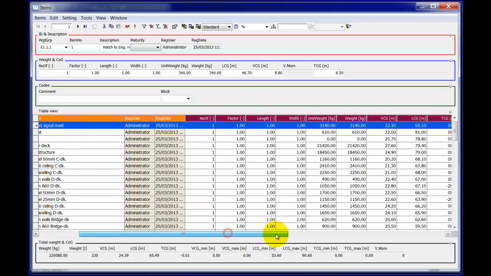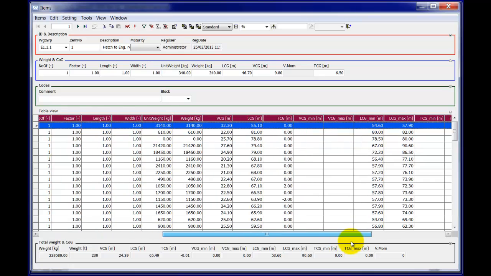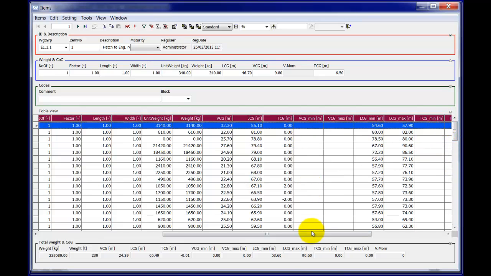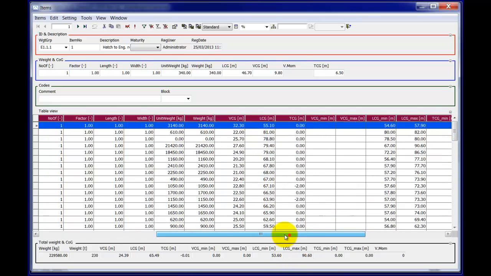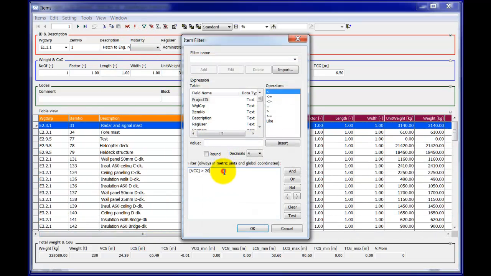Okay, so here we have a lot of items, and maybe I want to restrict the number of items here and do some further filtering. So then I can open up my filter, and then I can type and in, or I can click this button and. So I can combine, for example, VCG larger than 20 and